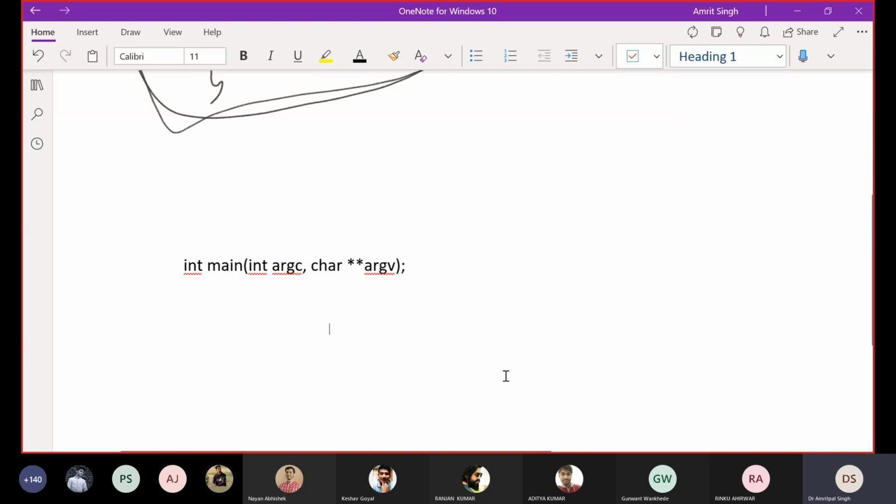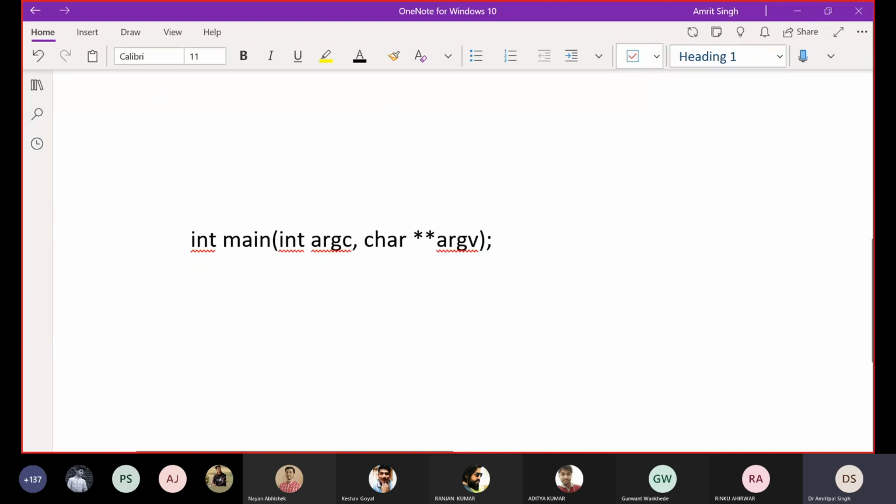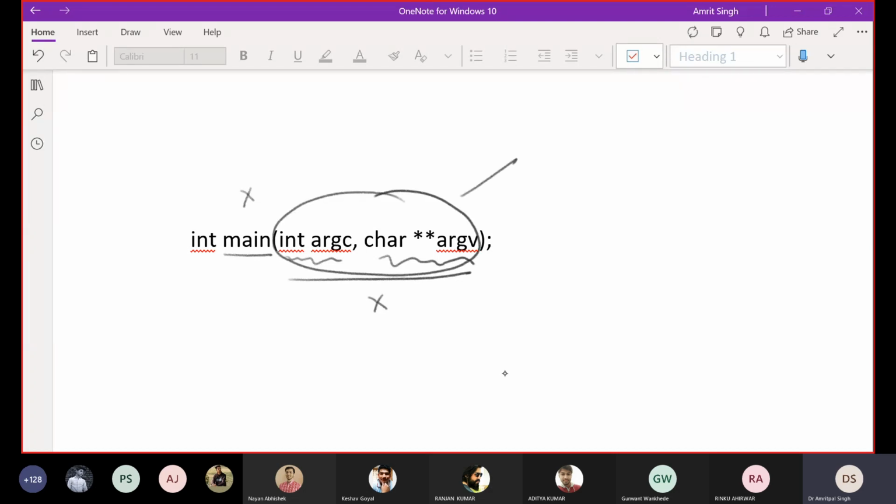Yes, sir. Okay, good. So, bache, these are the actual. You may have seen some program in which your main is having these kinds of arguments. So now your compiler has given you options. Your compiler has given you option that, okay, you can't change this. You can't change this. So the only option you have, either you can use these 2 arguments, or you can simply write void in the place.